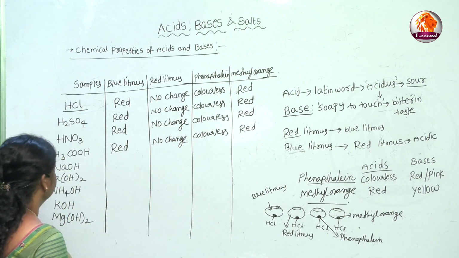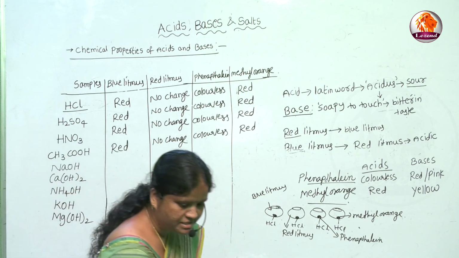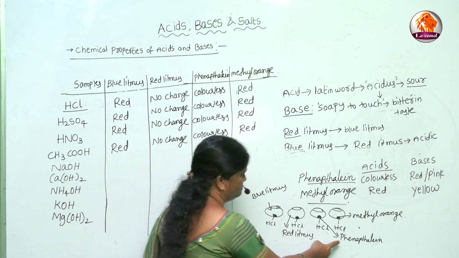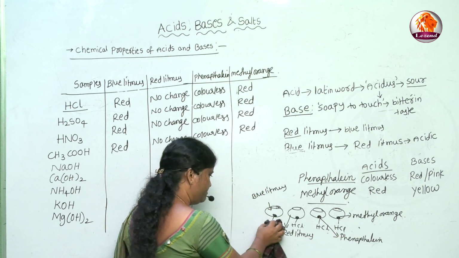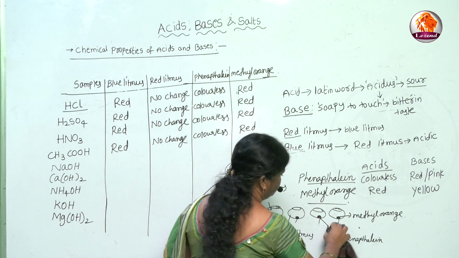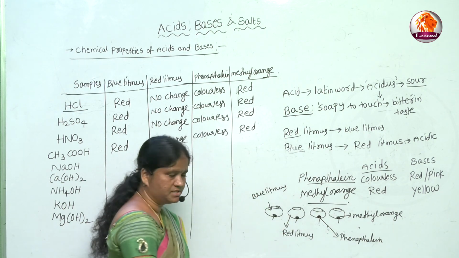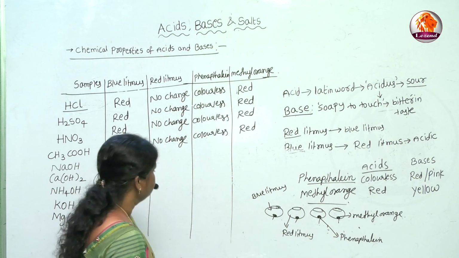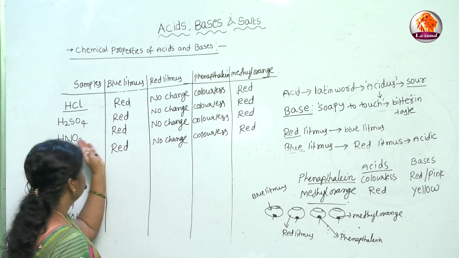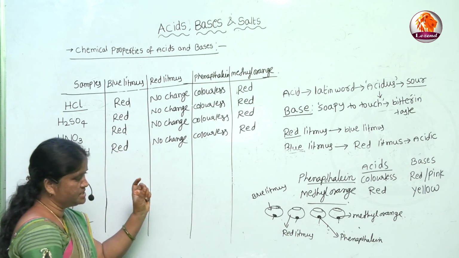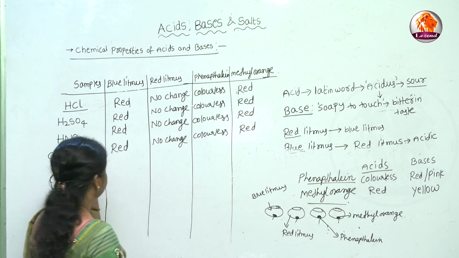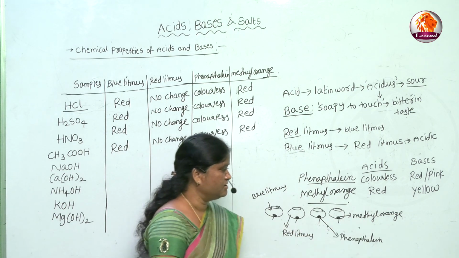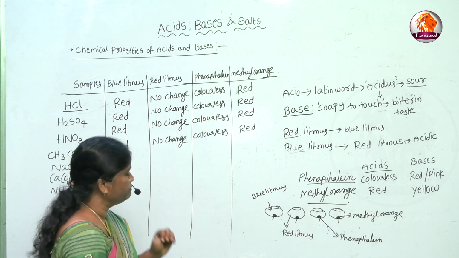Sodium hydroxide. So now in the same way, first hydrochloric acid we added in 4 watch glasses and we dip blue litmus, red litmus, phenolphthalein and methyl orange. And every time, other solutions also we have to take in watch glasses, like sulfuric acid in 4 watch glasses, and add blue litmus, red litmus, phenolphthalein and methyl orange, and observe the colors, and we have to fill the tables like this. Next, nitric acid in 4 watch glasses, and acetic acid also in 4 watch glasses with the same indicators, and we observe the colors and fill in the table.